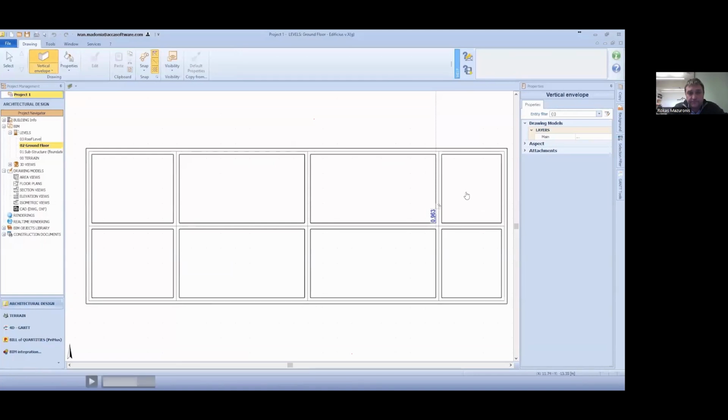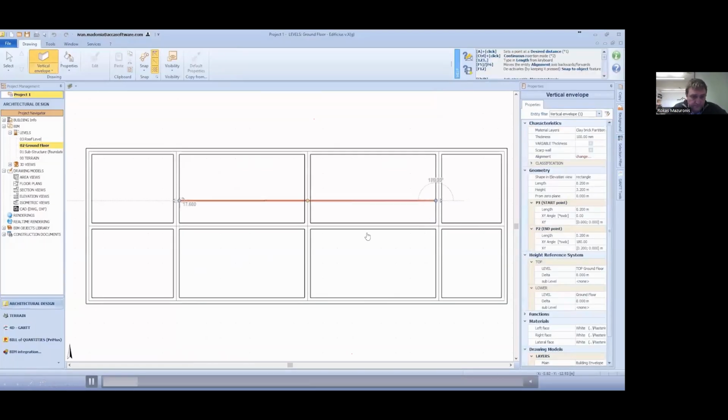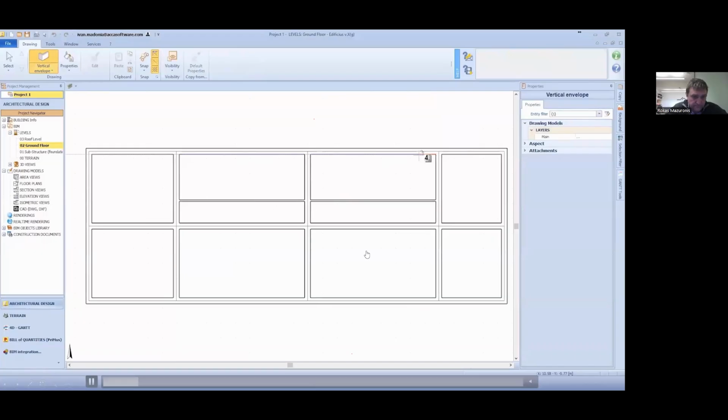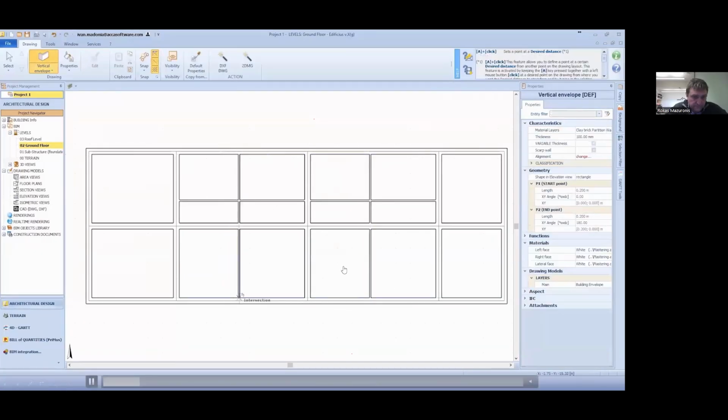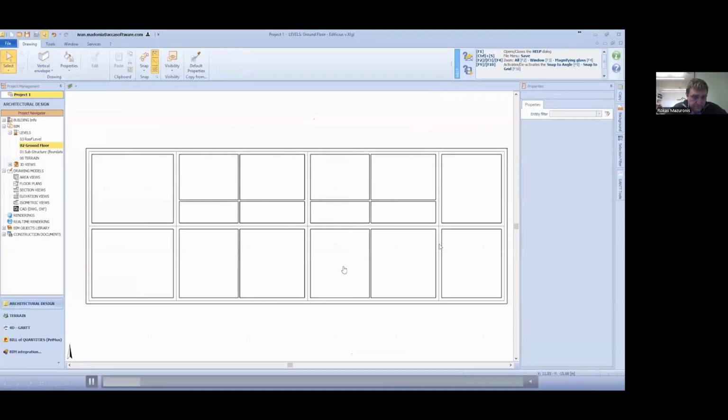Okay, so now we've just chosen a different material layer for our wall. We're going to insert the internal partition walls, okay? Now this approach allows me also, for those that come from 2D CAD, to maintain the most familiar way of working, also in a 3D BIM software such as Edificius. So we can continue to insert our lines and therefore generate our internal partition walls. We're just doing this very randomly just to give you the idea.